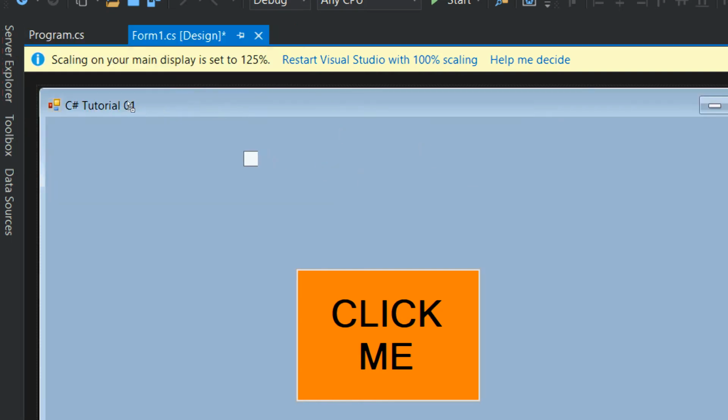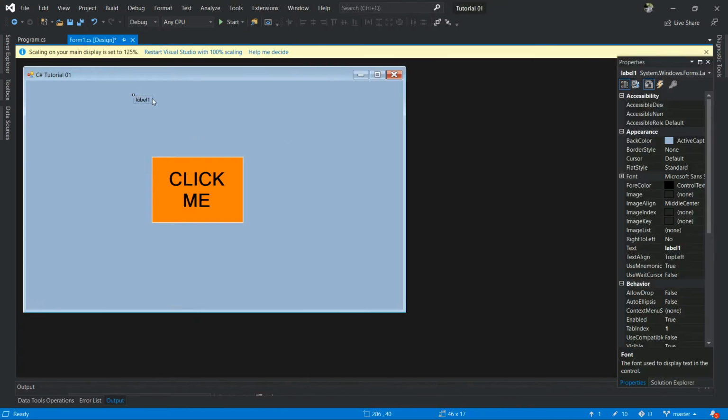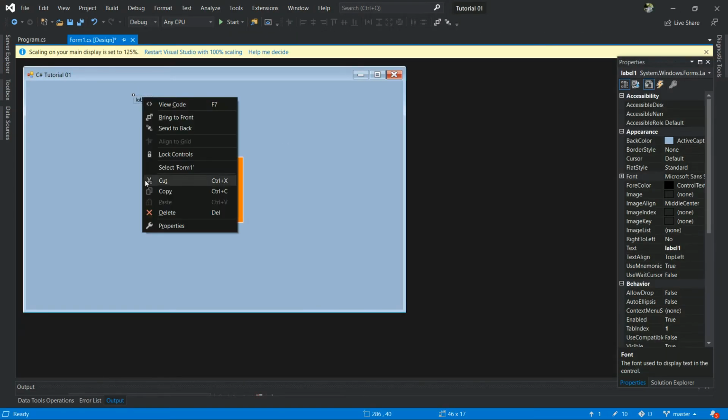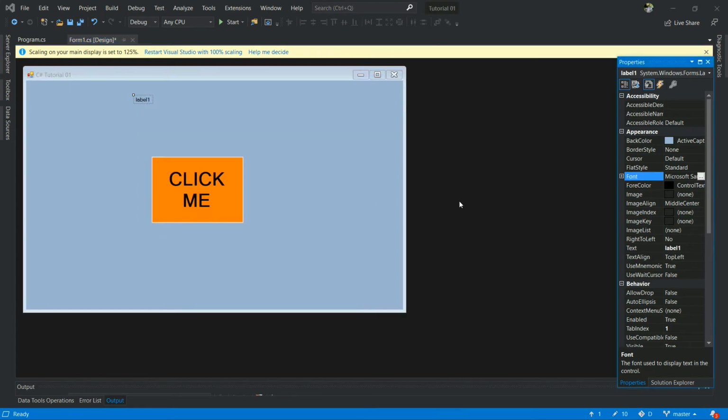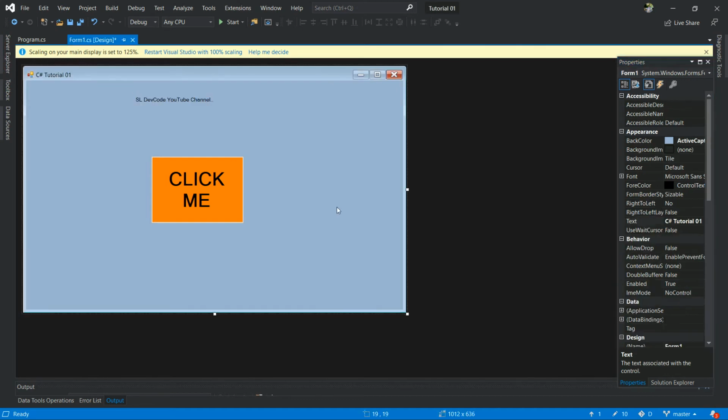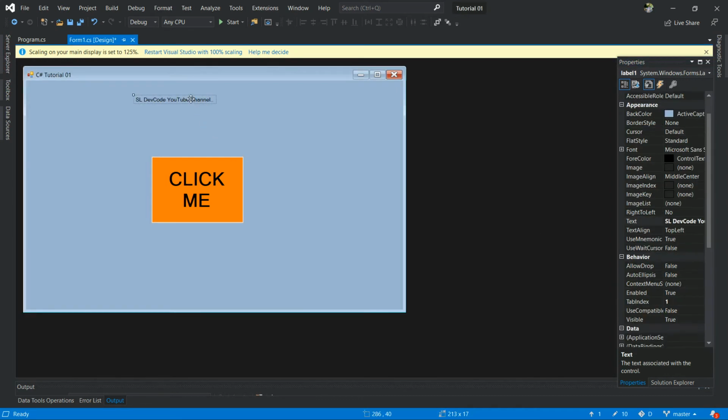Now I am going to add a label, drag and drop, right click the label and go to Properties. Now you can change this name also. I'll give SL Dev Code YouTube channel. Now it will display in your form application.